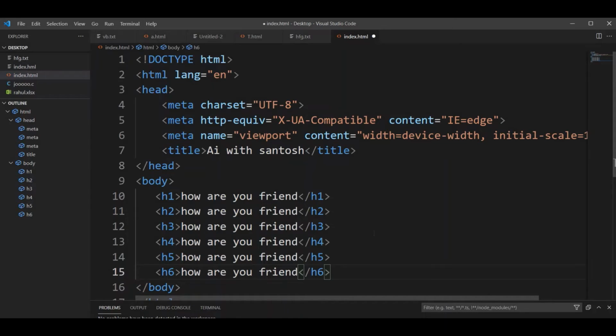So there are 6 headings, used mostly for making websites, as you can understand. First heading is very important because enough data is included in this first heading. According to the Google bot, the first heading is an excellent heading because, as I have already told you, friends, enough data is included in the first heading. So this is the concept of the heading, friends.